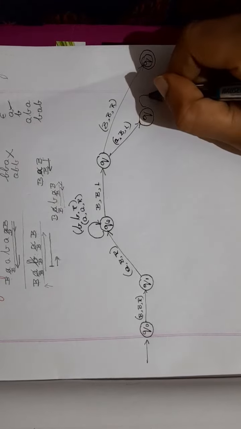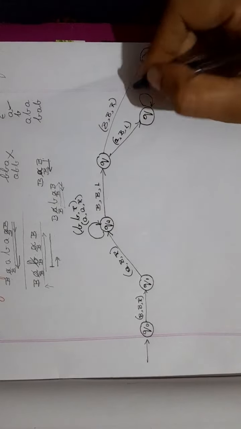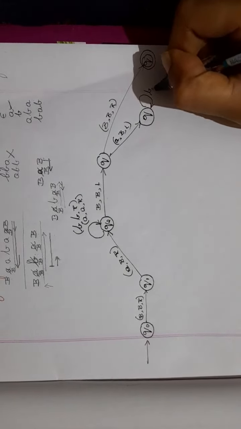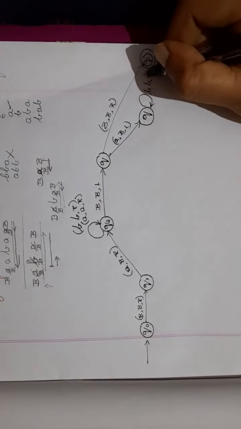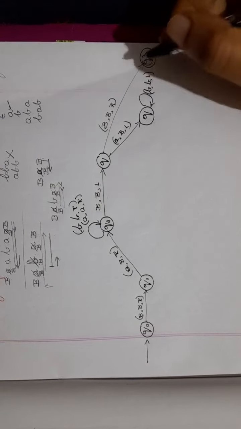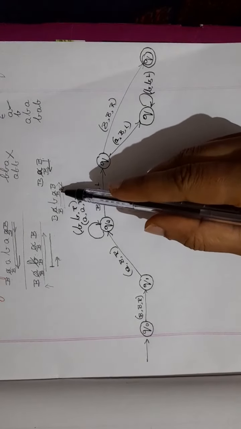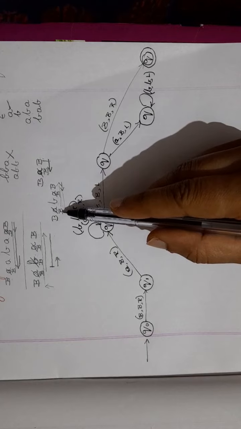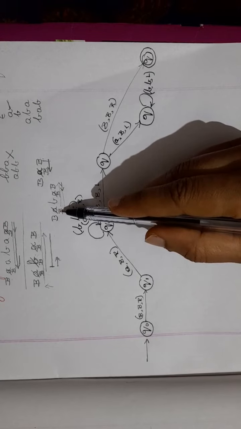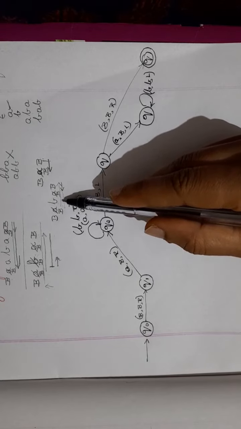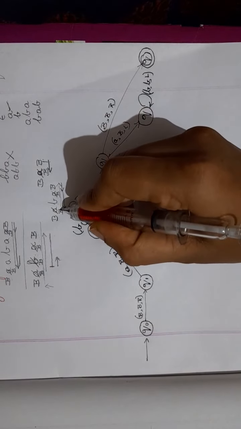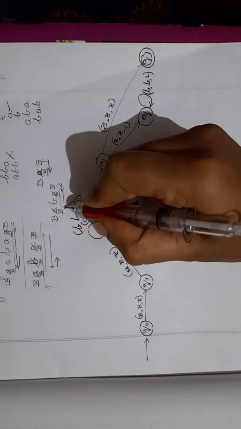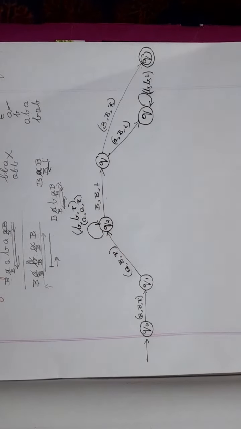So I'll take a loop. I have B. If I'm reading B, I'll keep it as B itself and then I will move left. B, keep it as B itself, move left. Till when? Till you are reading B. So if it is B, keep it as B itself and then change the direction. Okay. So till here, keep on moving. You are reading B, keep it as B itself and change the direction, that is move right.